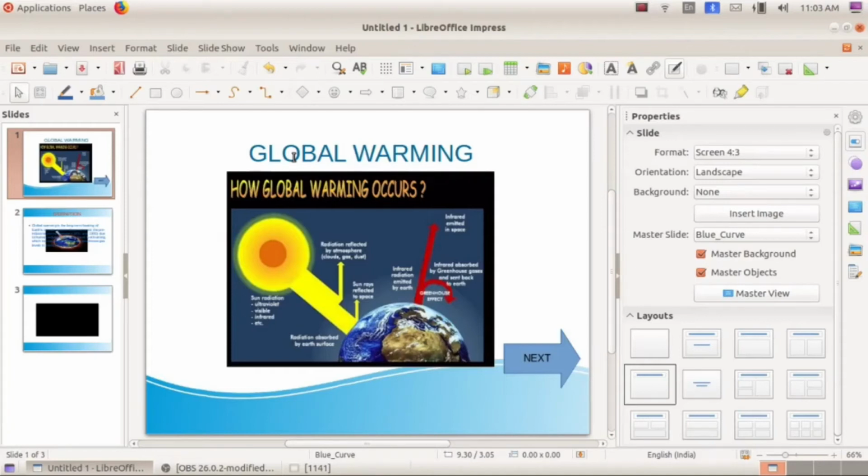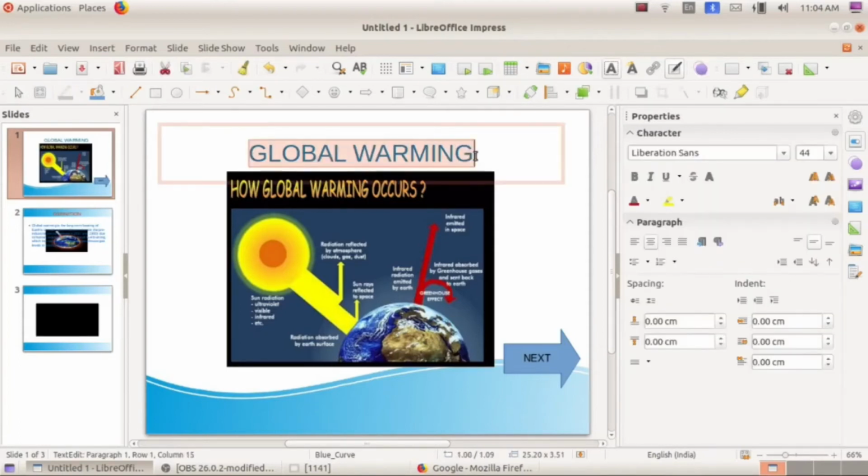So that's the next activity, activity 7.5 in your textbook. So let's see how to provide hyperlink. Okay. So how to give hyperlink? For that, normally we give hyperlink to the text. So select the text. I am going to select this global warming title, and then provide the hyperlink.